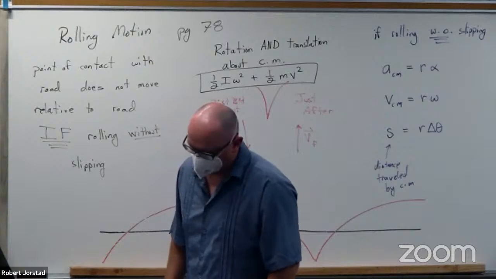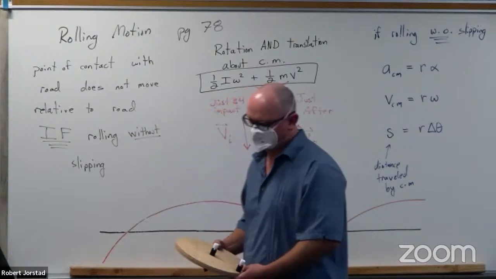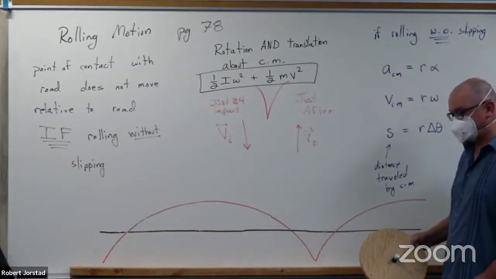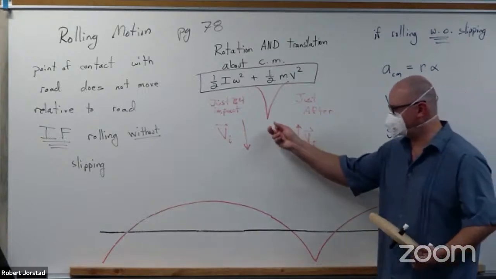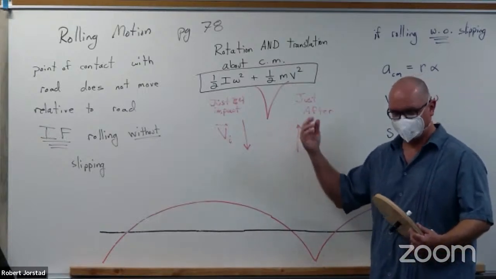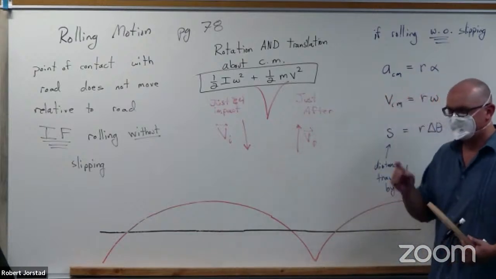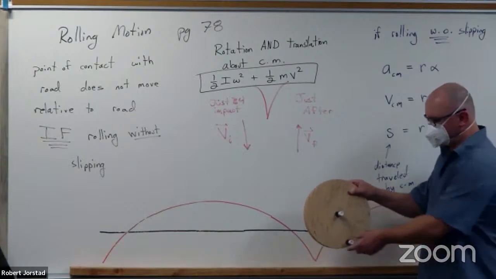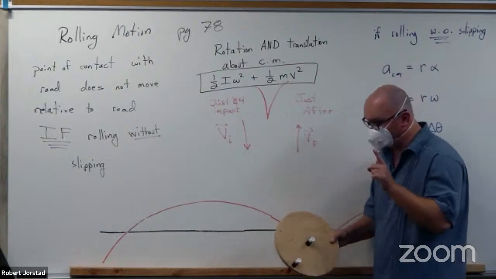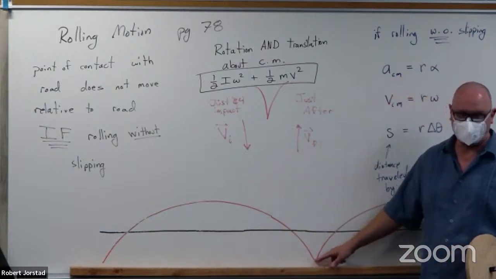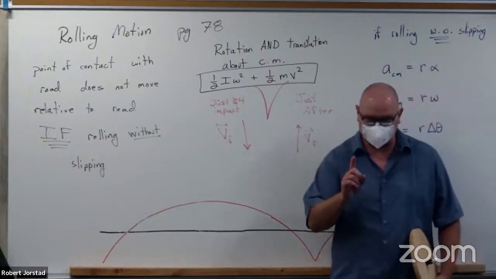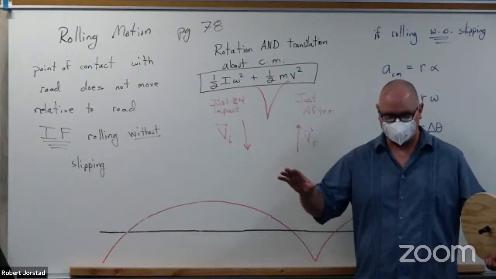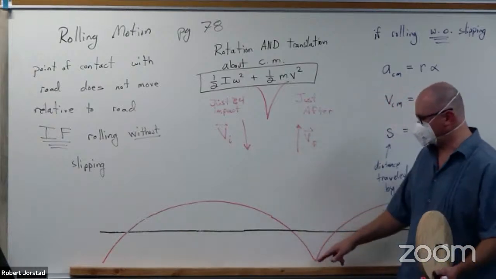Okay, I want to say one more thing here. Actually, I want to say a lot more things. This is such an important fact. You just have to know the point of contact is not moving. This is crucial. If you don't have friction, something's not going to roll, right? You need friction to twist the wheel backwards. However, the point of contact is not moving. So even though there's a frictional force, it does no work. Think about that. The friction is not doing work because it's not